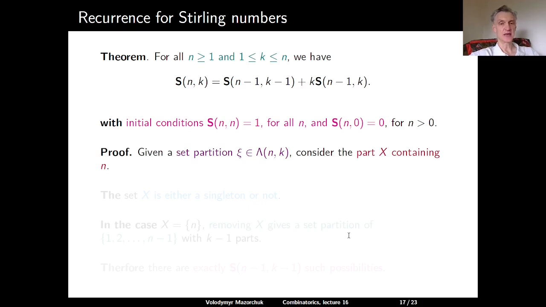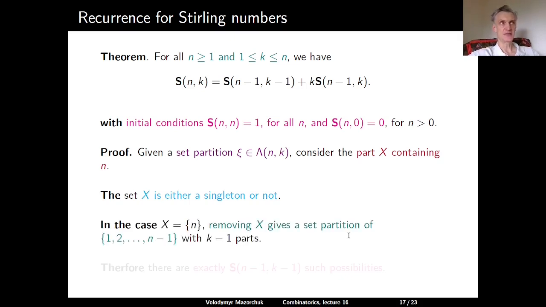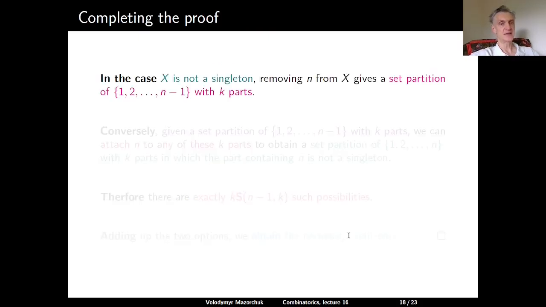Given a set partition ξ in Λ(n, k), we can consider the part x in ξ which contains n. This part is either a singleton or not. If it is a singleton, we can remove it, and then we get a set partition of {1, 2, and so on, n minus 1} with k minus 1 parts. Therefore, there are exactly S(n minus 1, k minus 1) such possibilities. If the set x is not a singleton, we can remove n from this part x, and then x without n with the rest of ξ gives a set partition of the set {1, 2, and so on, n minus 1}